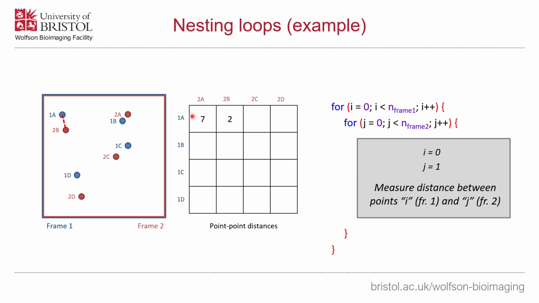So now we're measuring still the i equals 0 object in the first frame, so still 1A, but j equals 1 is our second object, 2B, and we've measured a distance of 2 there, so yeah, that seems right. If that's 7, that could be 2. Then we're going to increment again, so now i is still 0, but j is 2, so that's our third object, 2C, so that distance there is 6, and then the last distance there is 10, all whilst i is